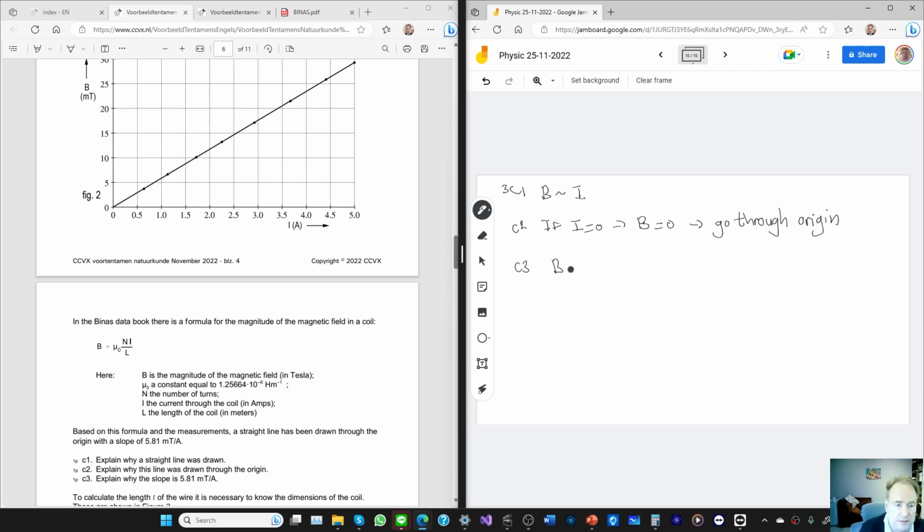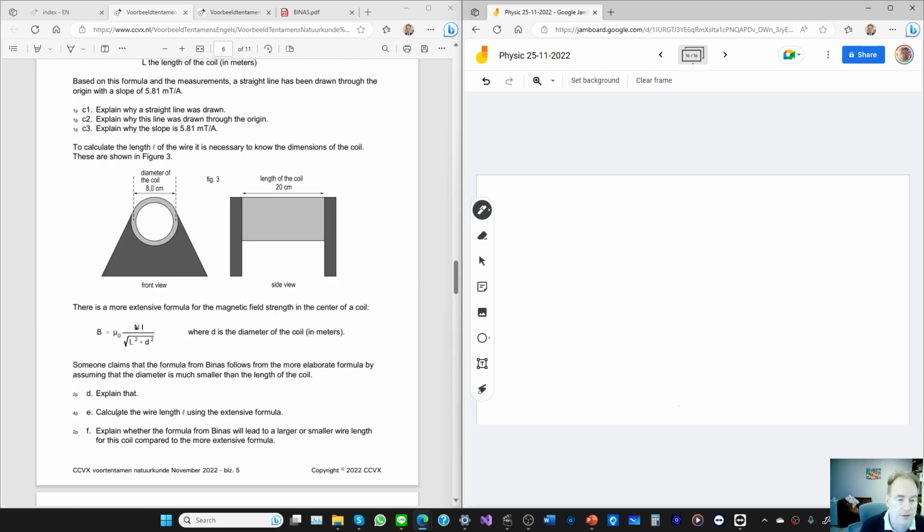So yeah, again, B is basically some constant times I, and this is the slope. Calculate the wire length L using the extensive formula. Well, we know that this slope here gives us the constant in front of I. So we know